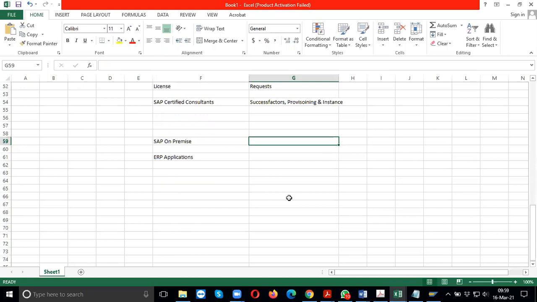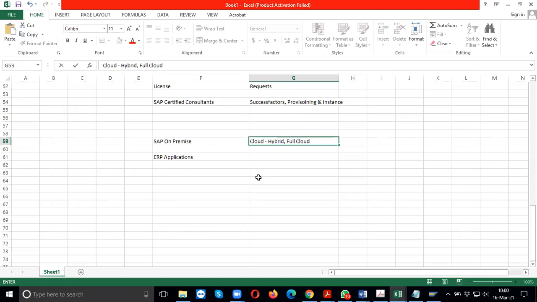Now in this application, nowadays the cloud is involved in the market. In the cloud, it can be either a hybrid model or a full cloud.